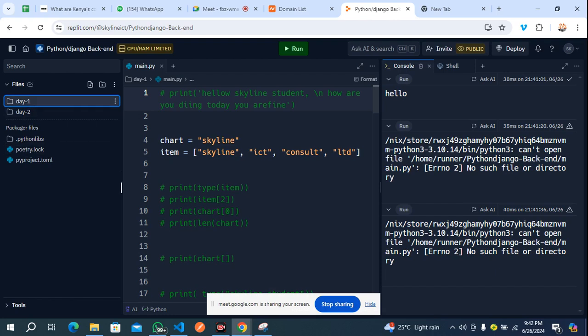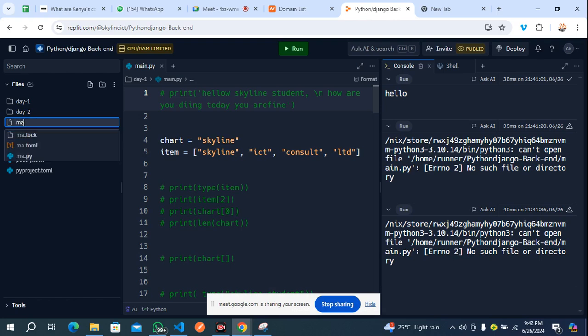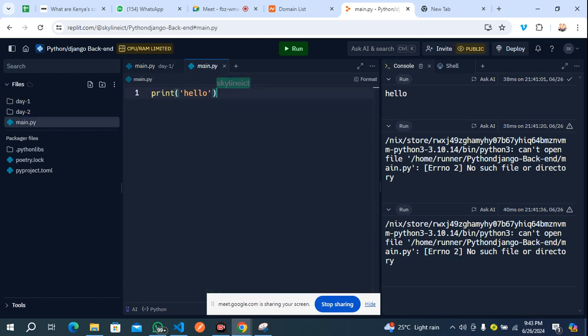So if you want to write another code, you are required to create a new folder, right? So I can come here and create a new file. Make sure that this file is not in any folder. Make sure that it's not in any folder. It's actually in folder 1. So you can create it like this. Then I'll just come here, main.py. So this main.py now, make it click and then you run.